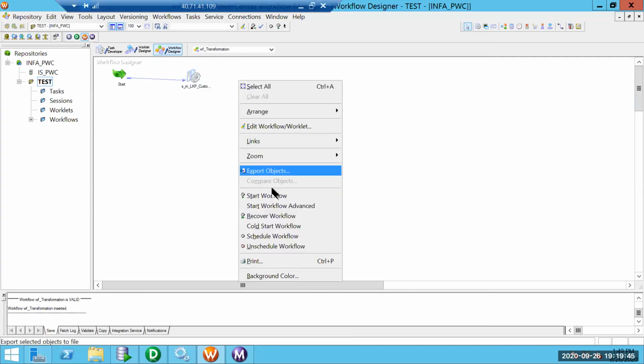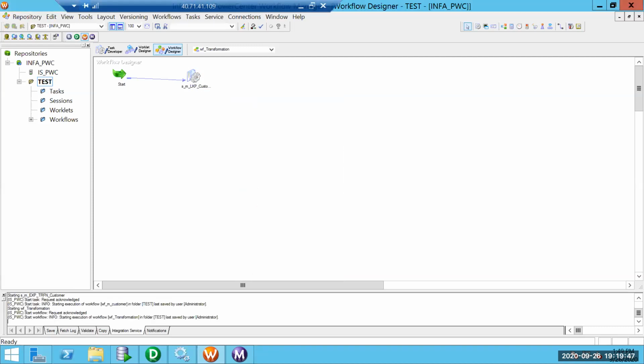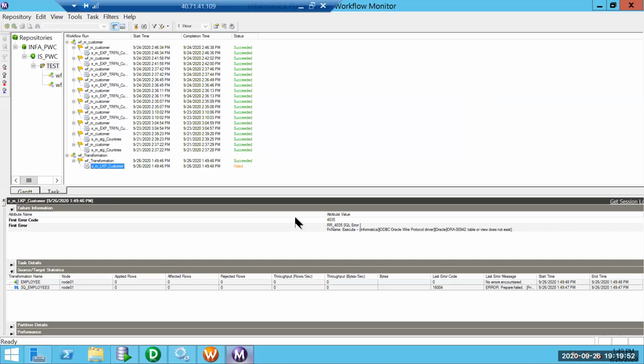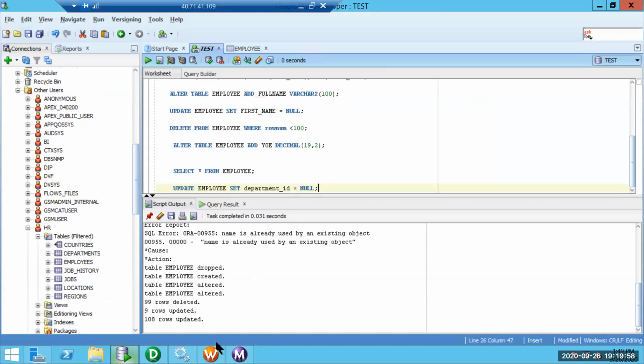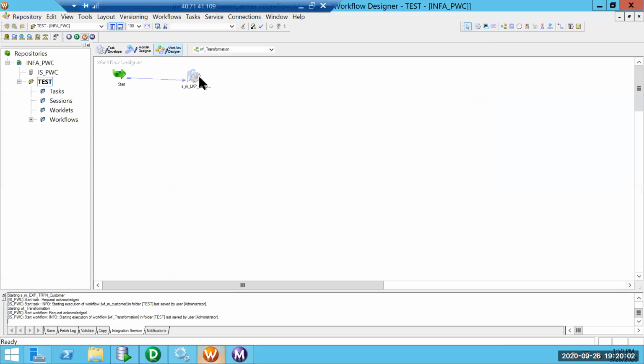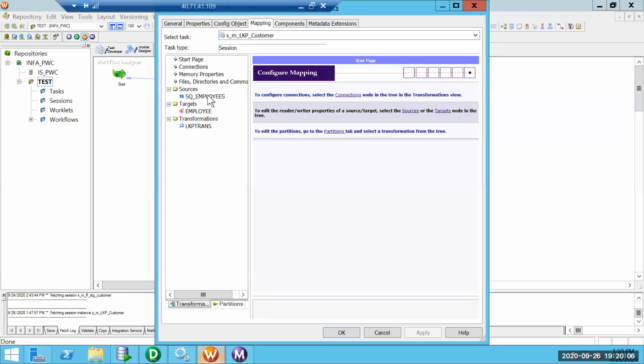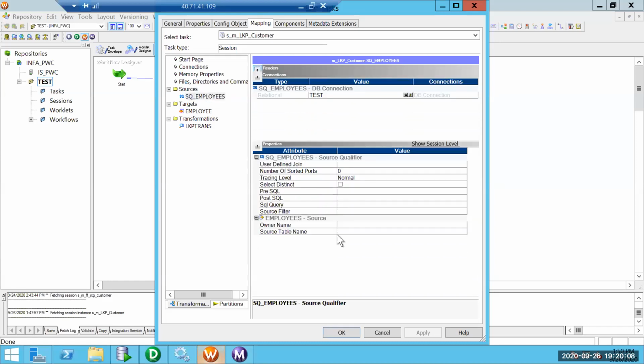We are now going to execute the workflow. It failed with table or view does not exist. Okay, I understood the reason. It is not employees, it is employee.